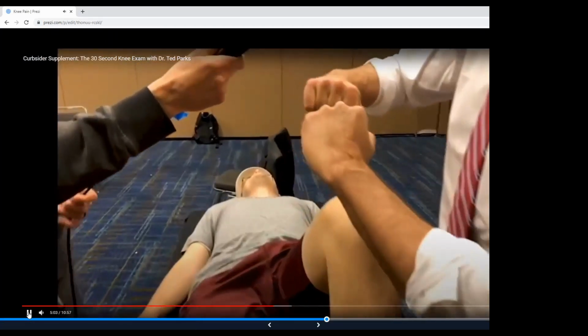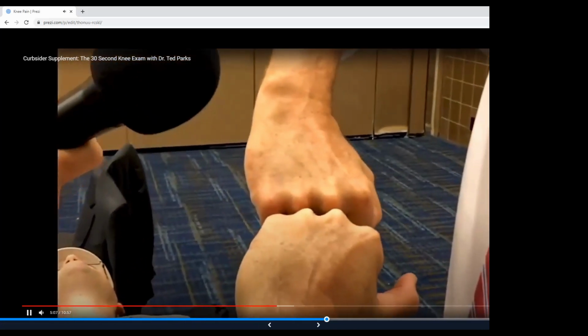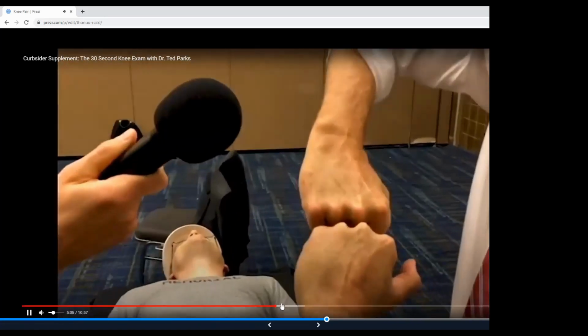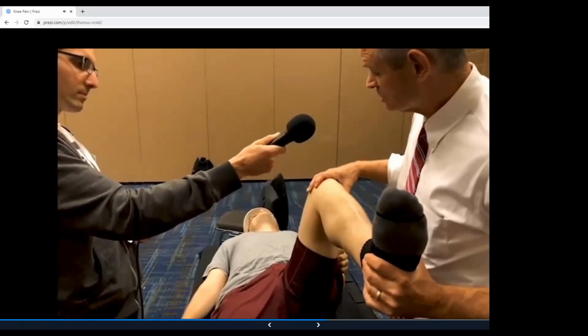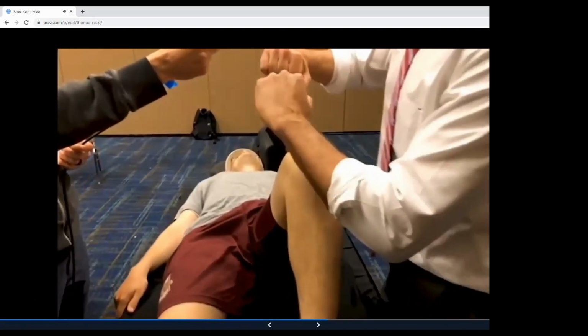Take the femur and the tibia together to pinch the meniscus. Our goal is to take the